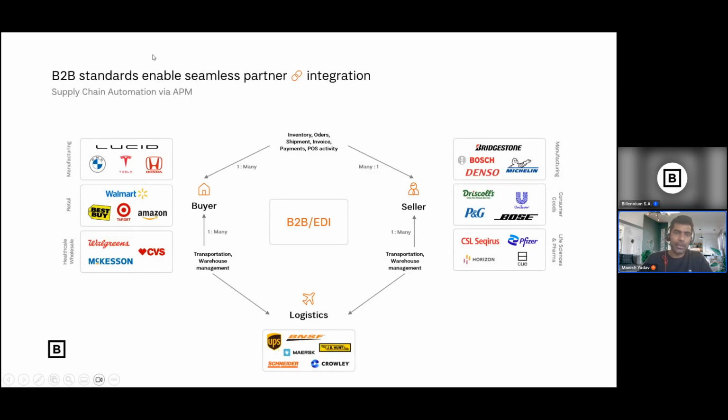So Anypoint Partner Manager will accept the order from the buyer in EDI format, convert it into the seller's expected format and send it to the seller. And then the seller internally interacts with the different logistic company or different transportation company or different mailer company. Okay, so this whole communication can be automated through the Anypoint Partner Manager product.